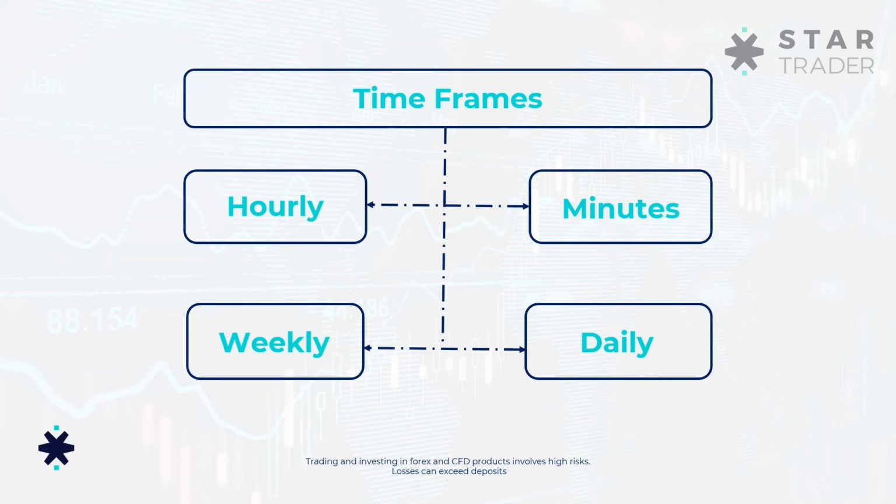What does that mean? Each point of that chart will cover one time frame, which is 1 hour or 1 minute or 1 week or 1 day. So when we measure the prices open, high, low, and close, we'll be talking about one time frame or one window. So the open price of that hour is X, the close price is Y, the high is Z, and let's say the low is W.